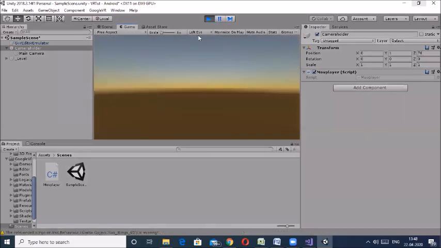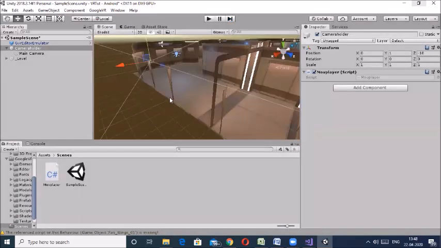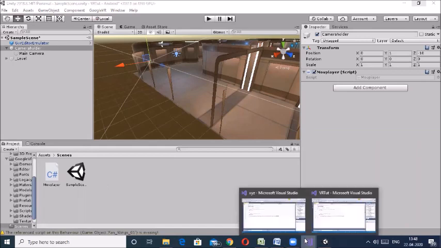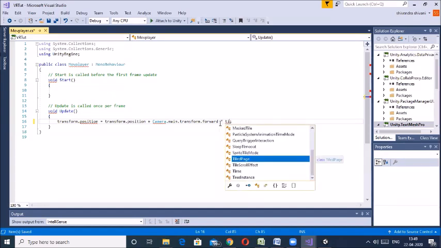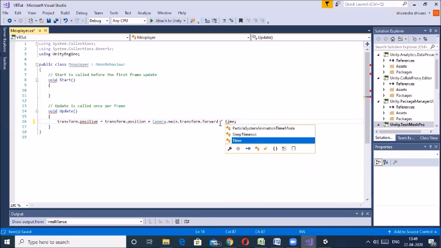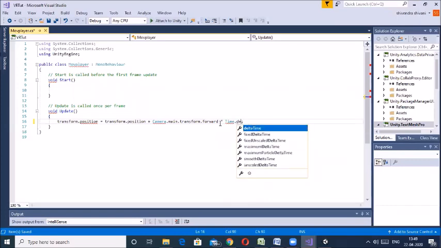here you can see that the player is moving but it's too fast. So to slow it down, you have to write Time.deltaTime.